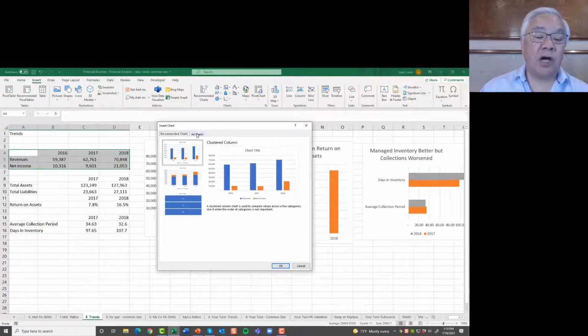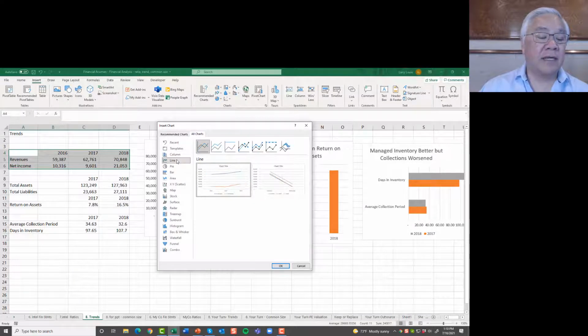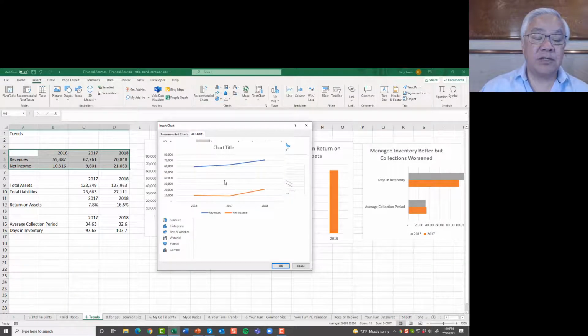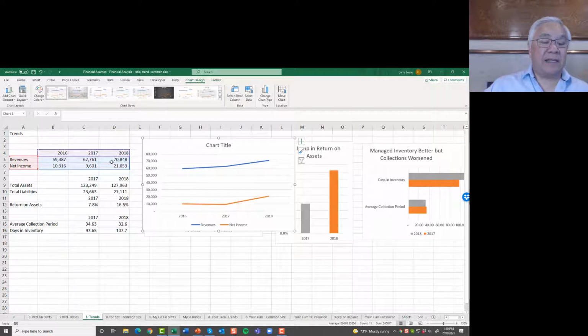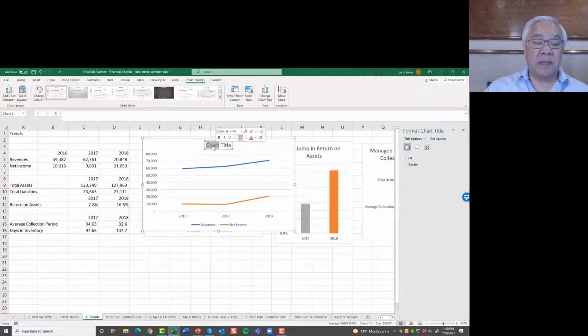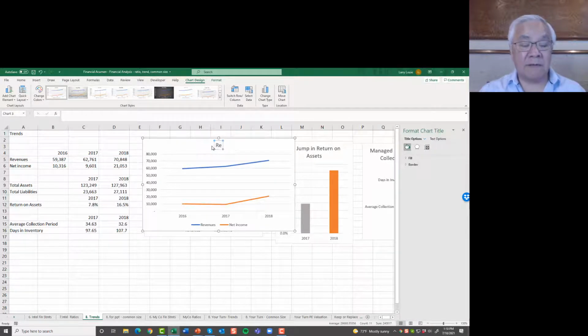and we're looking for a line. So we go to All, and we want to look at line charts. And this one looks good because it shows over time the two measures in dollars. That's good. So let's select that one. So here we see that the graphing machine knew the years because we shaded it, knew the revenues and net income, and the red here is net income, or orange I guess, and the blue here is revenue, and it graphed it, right? And we can insert the title